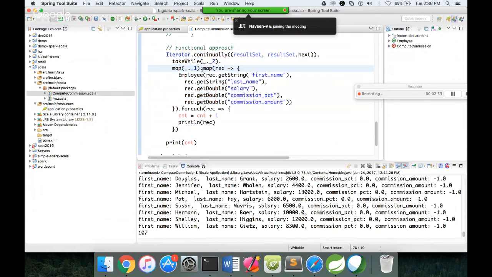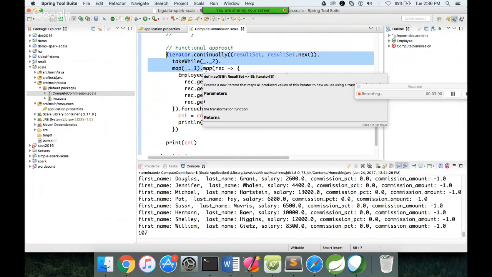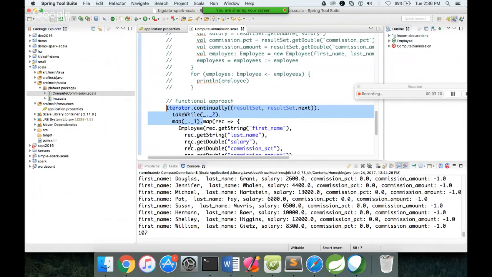You can directly pass the collection, apply the map function, and on each record, if you want to do certain transformations, you can use map, and then other functions available on the collection framework. So we'll get into that. The final outcome of this exercise is you should be able to think this way and start writing logic this way, rather than writing the